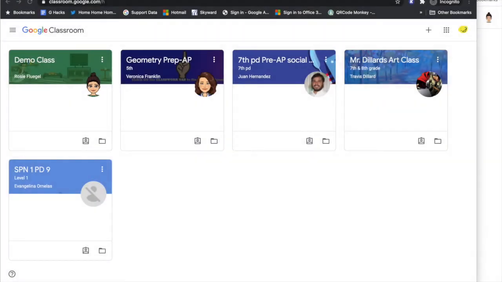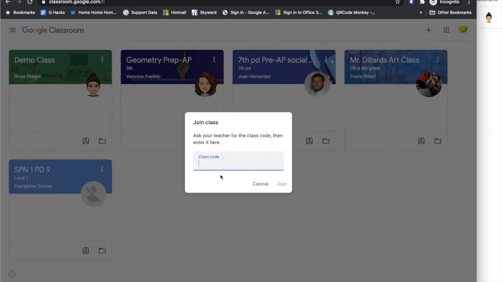All right, so here is a student's Google Classroom account, and you can see that they already have several teachers that they've enrolled with in the past. As a student, they will also, on the right hand side at the top, have that plus sign, and when they tap on it or click on it, they will be asked to give a join code